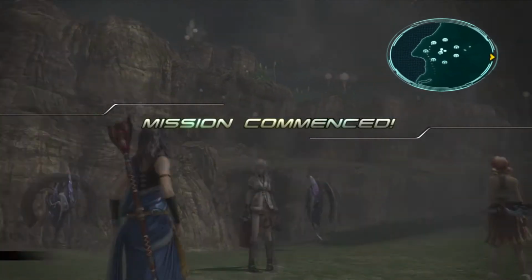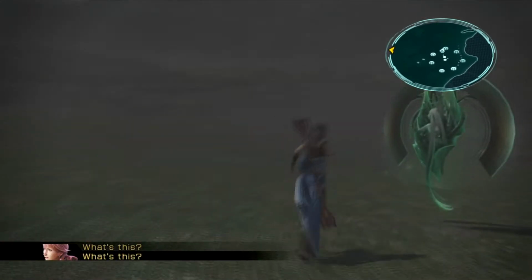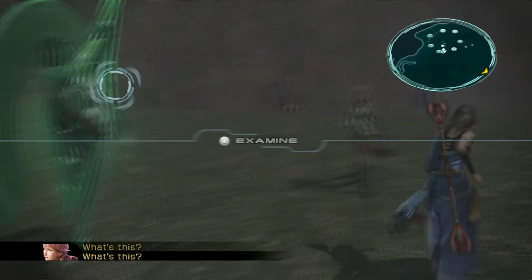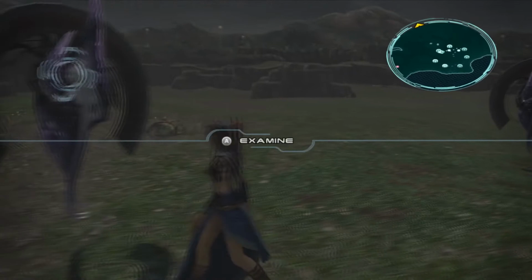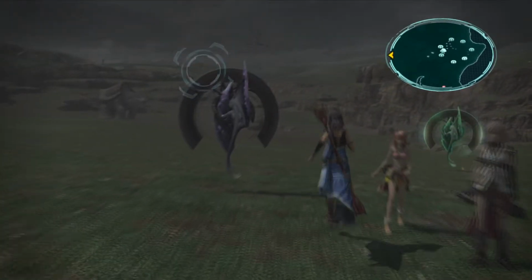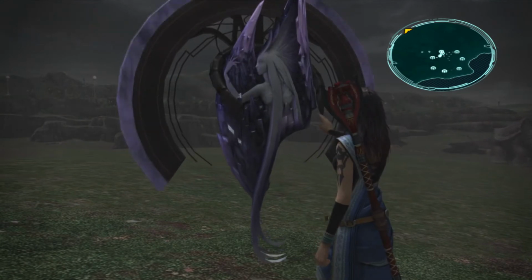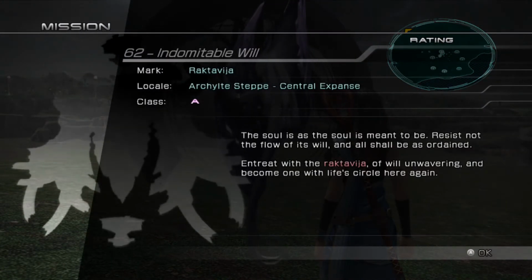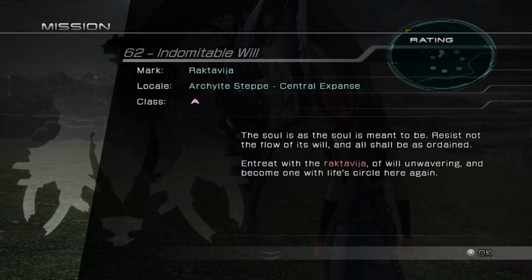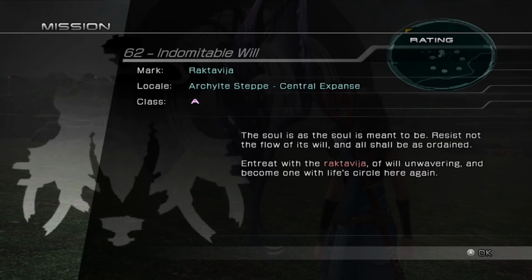So yeah, that is basically what I call the Adamantoise loop, and you conveniently come to this area, so I always do the loop before accepting one of these missions, and I always try to farm all the missions before doing this exact hunt, because this is probably the worst fight in the entire game,